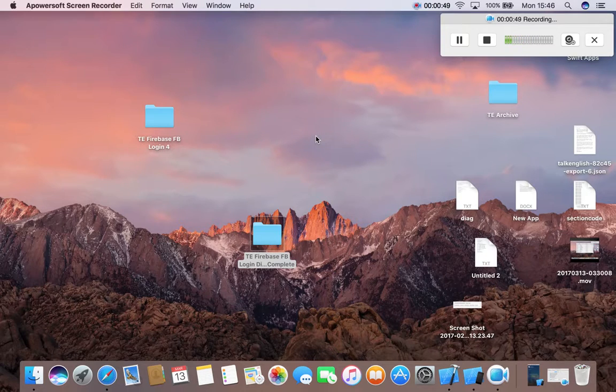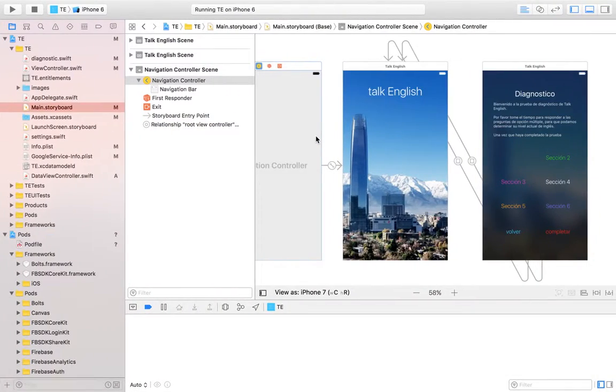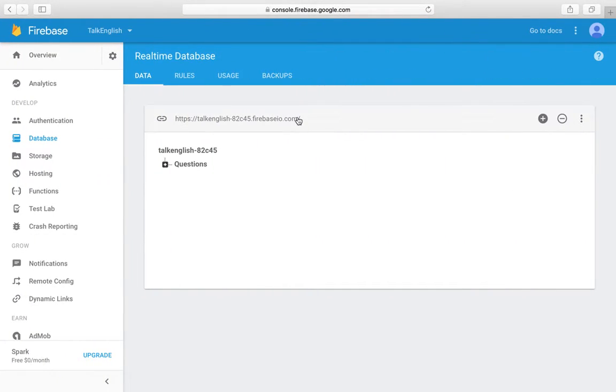Right. So the first thing I want to show you is not the app itself. Basically, I've linked the app to a cloud database, which is called Google Firebase, which is very good, and it's an alternative to the one that I have been using. So basically, when people use the app, it will synchronize with this database, and that's how you get the information. That's how when somebody does an exam and sends it, this is how you look at